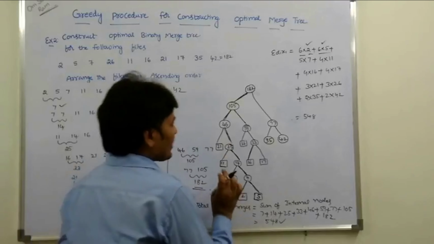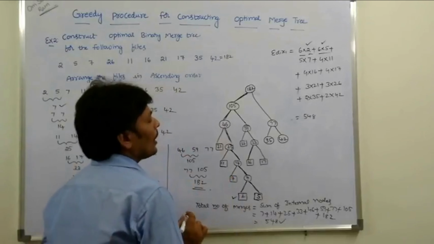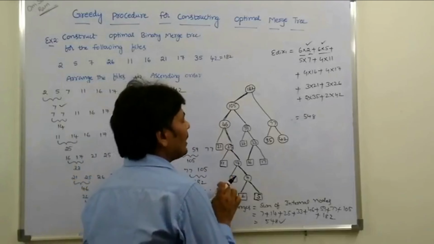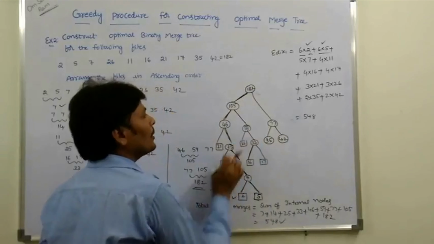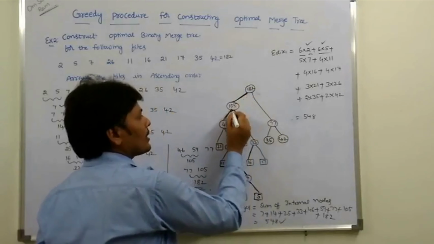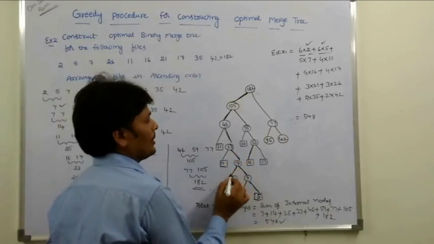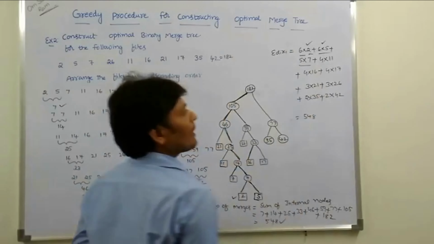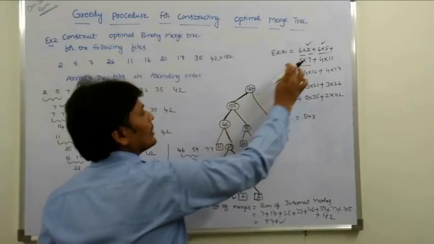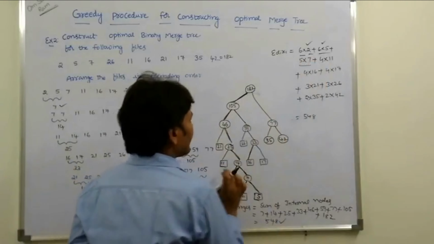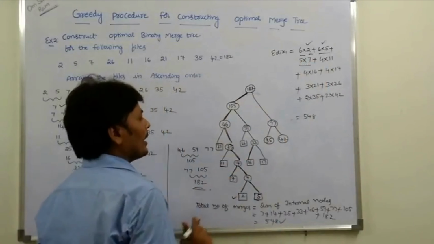plus the next leaf node is 7. How much distance is to be traveled from the root node to the leaf node? So this is first edge, second edge, third edge, fourth edge, fifth edge. So that is 5 into 7. 5 is the distance and 7 is the leaf node. Next is